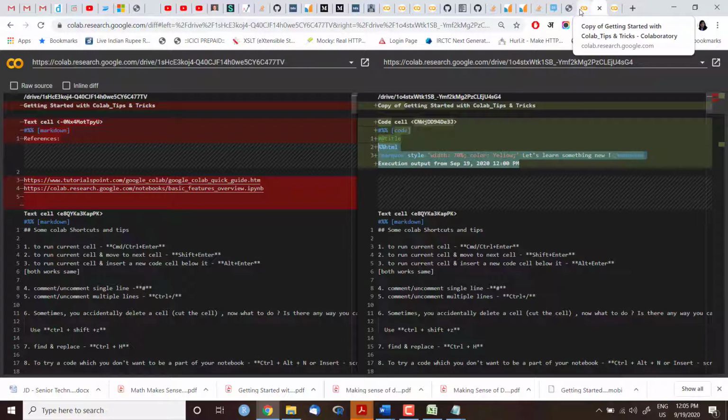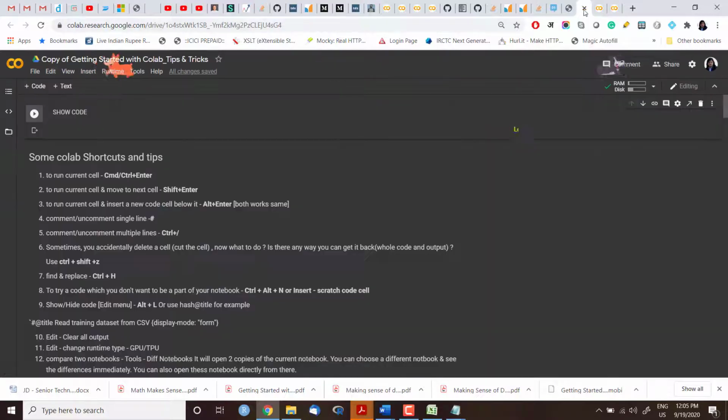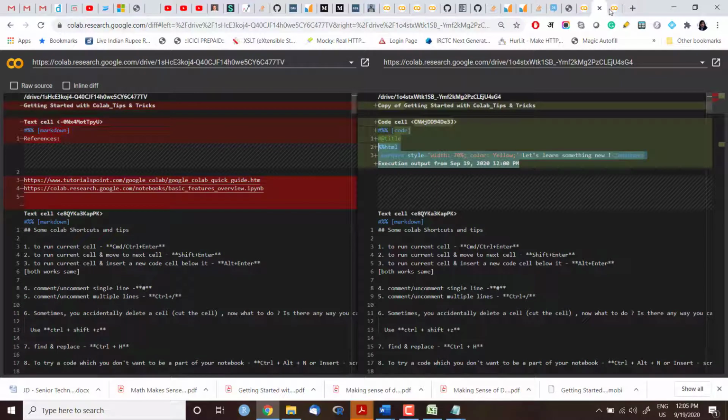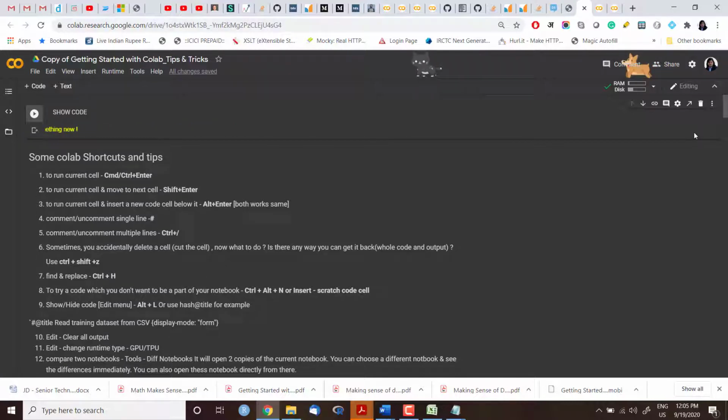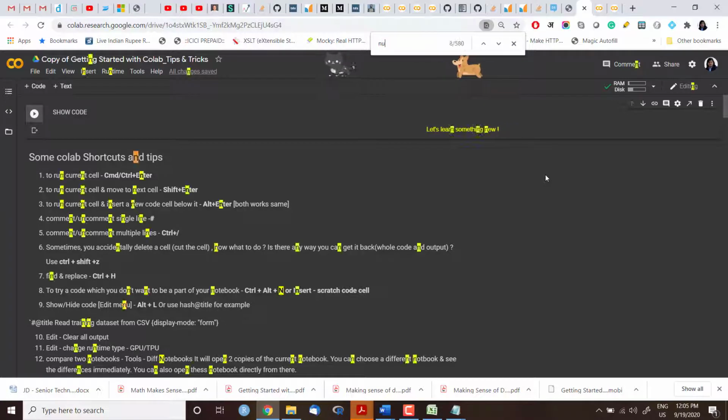So it's very simple. We can just compare these code files, and let me just show you the change here in the copy file. I have added some code to print this message here, which is not there in my original file. I think it's here. And in the original file, I have some references here. The second change which I have made is, let me search NumPy.